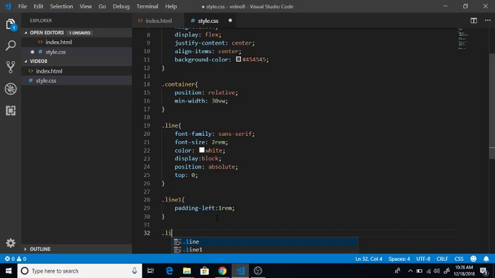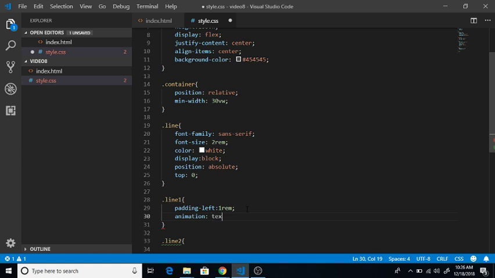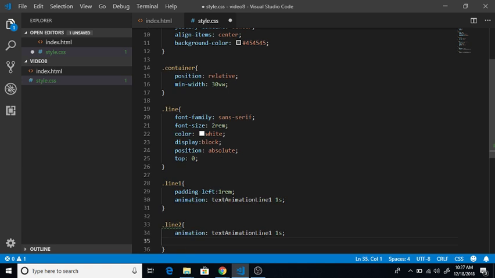Now we'll have one more class, line 2. We'll add an animation property for this. It will be, let's say, text-animation-line-1 for 1 second. Give me 2 seconds. I'll just check if this video has sound. I don't want to do it for the third time. Yes, so this is good. Now I'll copy this and paste it over here. I'll rename it to text-animation-line-2. The duration will be 2 seconds, and